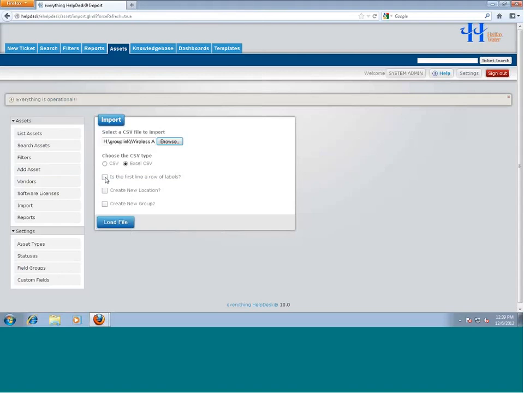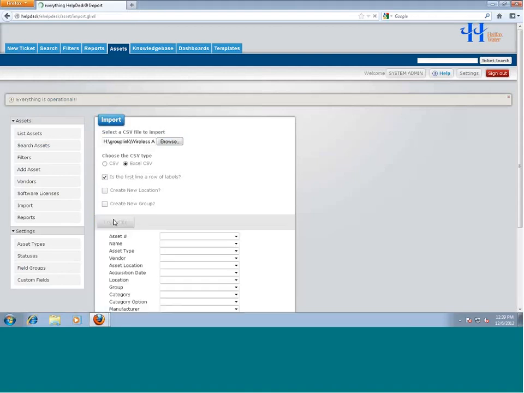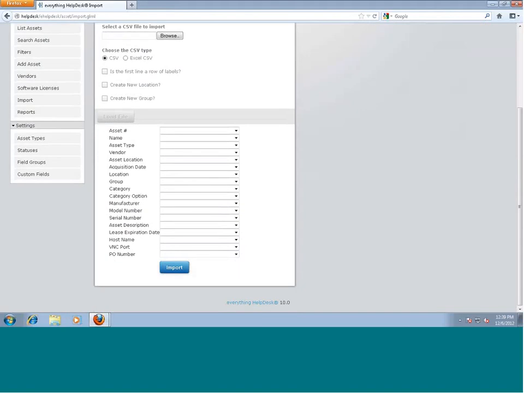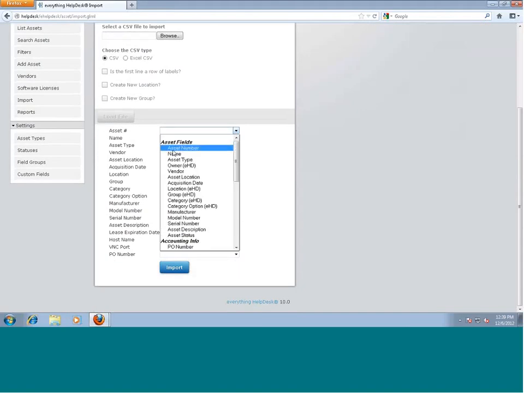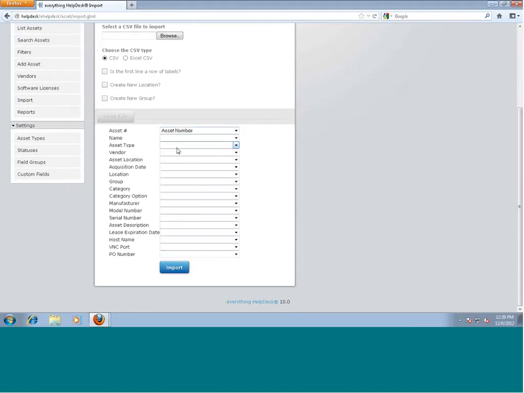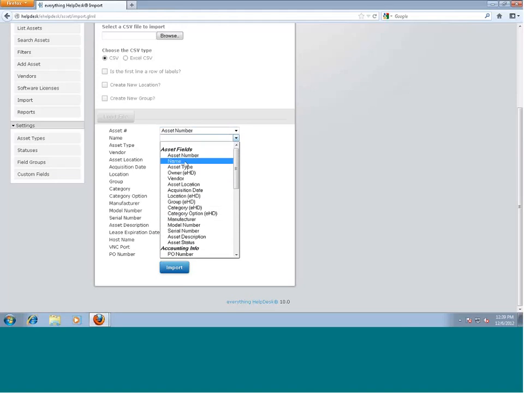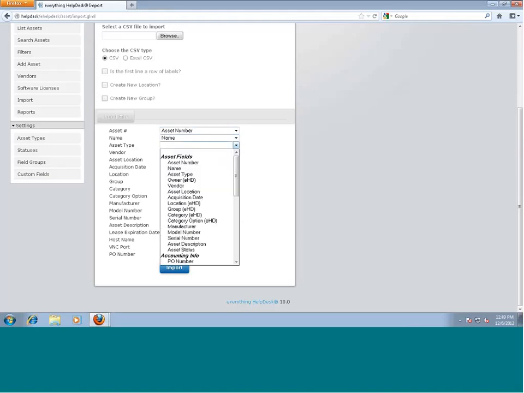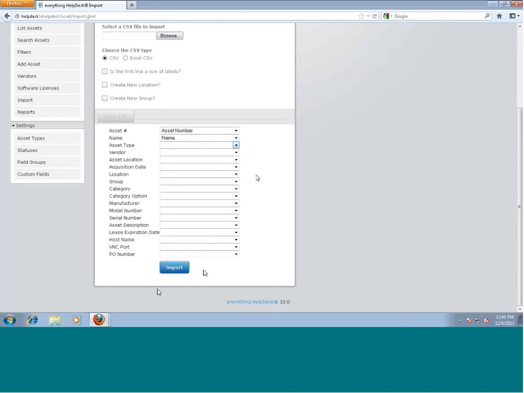So you say Excel CSV. The first line is always a row of labels. Then if you load your file, this is where you do your mapping. For me, the right-hand side is actually picking up the labels from the CSV file. So then it's just a matter of matching them up. I tried to keep them in order, so that it was just click down to the next one, the next one, the next one, and so on. And then once you get that all set up, you hit import,